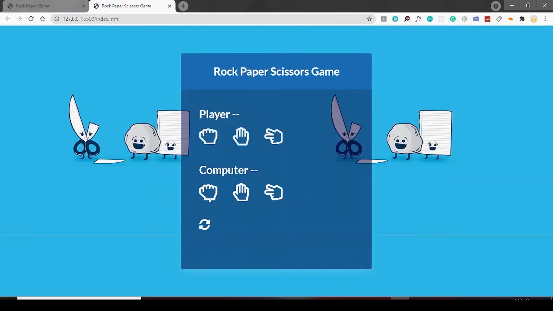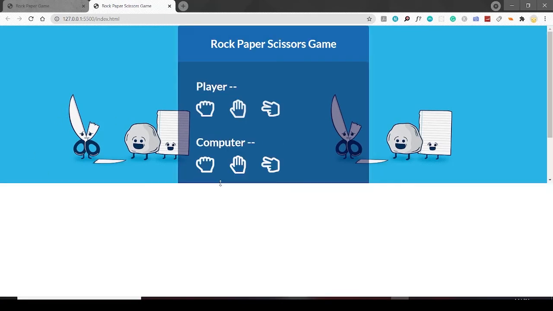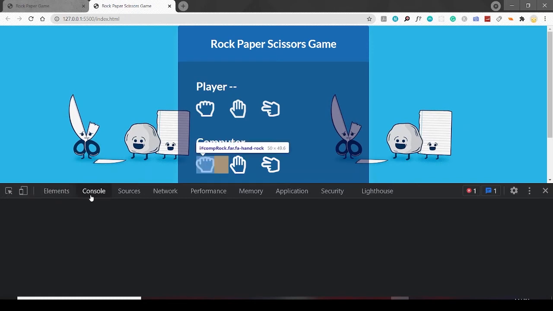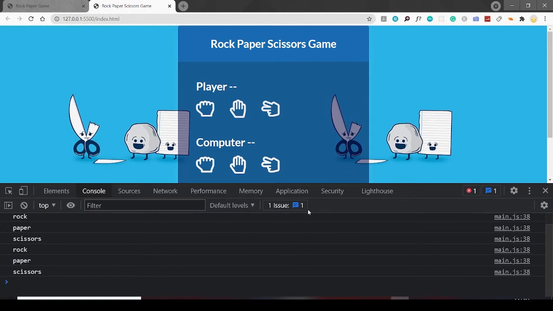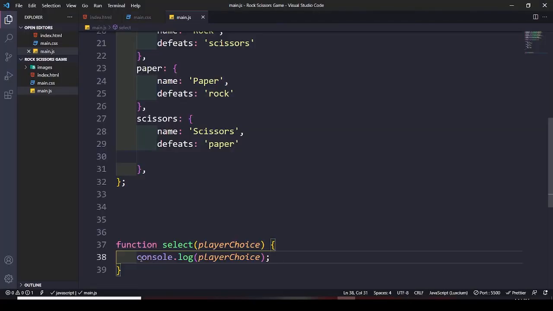go back to the browser. My browser is performing very slow. Okay, so can you see, guys, it has rock, paper, scissors, again rock, paper, scissors. So everything is working fine. Okay, now let me comment it out, and